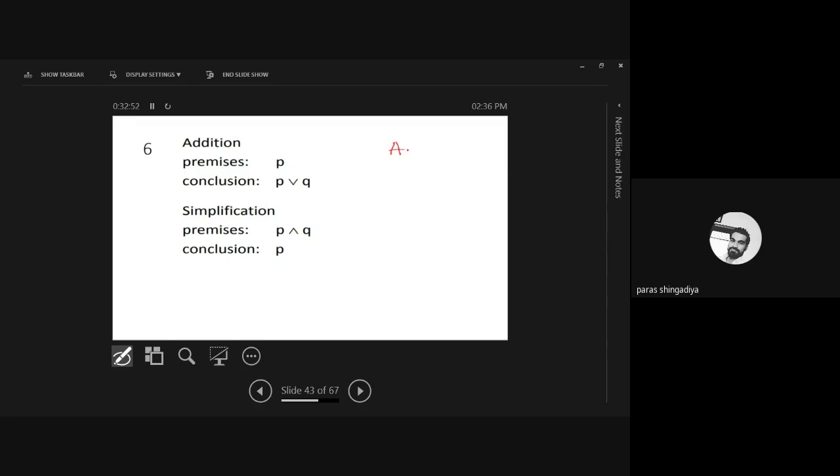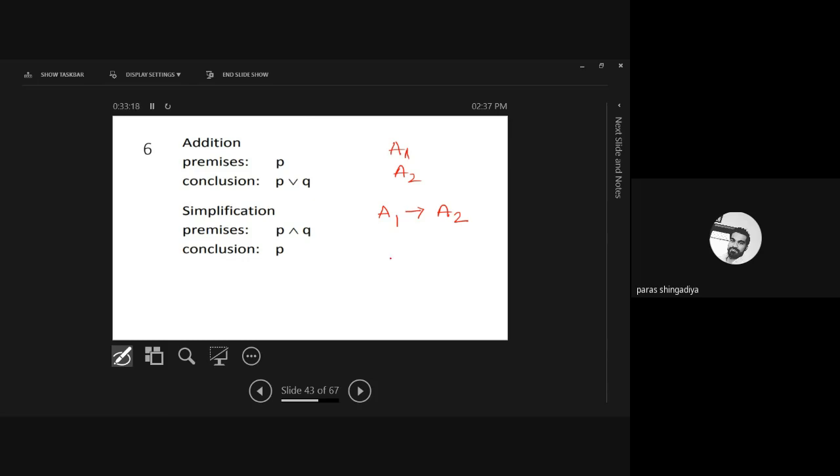If you have only 2 cases, A1 and A2, and you check the validity of A1 and A2. Clear? So what will be the formula for this one? A1 conditionally to A2. We need a conclusion also, and we need an argument also. So the argument will be A1 and the conclusion is A2. So A1 conditionally to A2. If it is a tautology, then it is a valid argument.